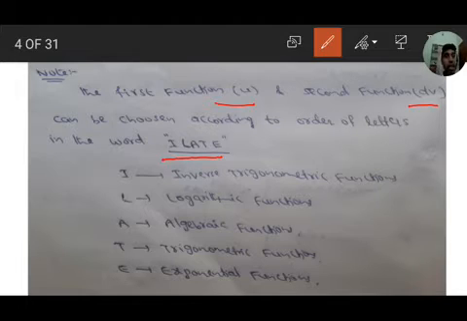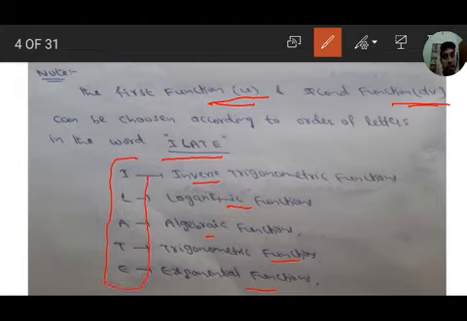In this order, in a product of two functions, whichever comes earlier, we take that function as u, the first function, and the next function as dv, the second function. So: inverse trigonometric functions, logarithmic functions, algebraic functions, trigonometric functions, exponential functions. We have to take them in this order only. Then the integration becomes very simple. I highlight the order.